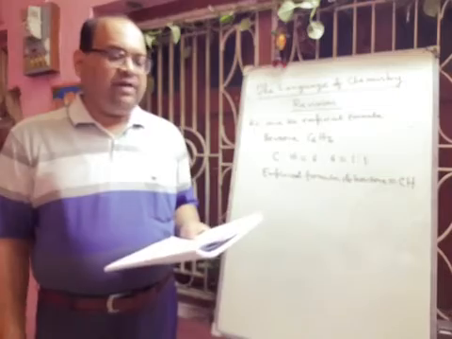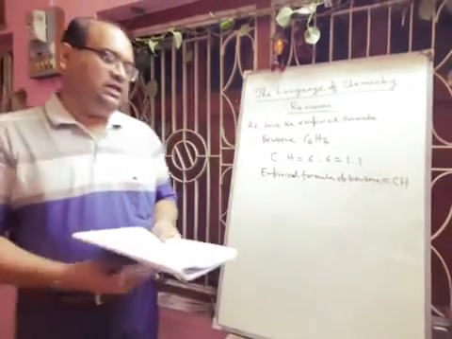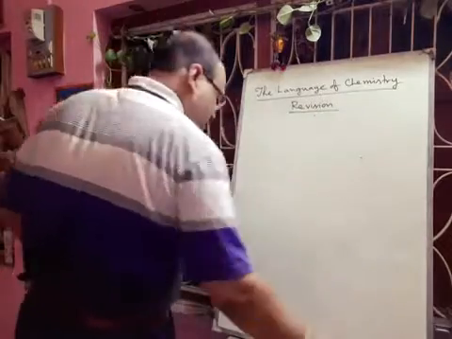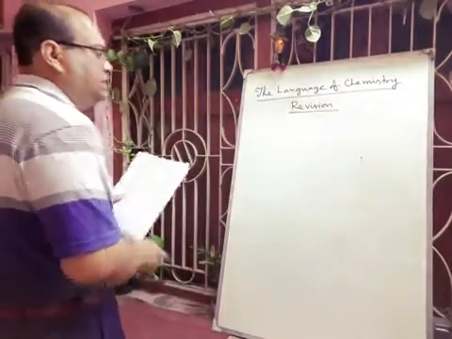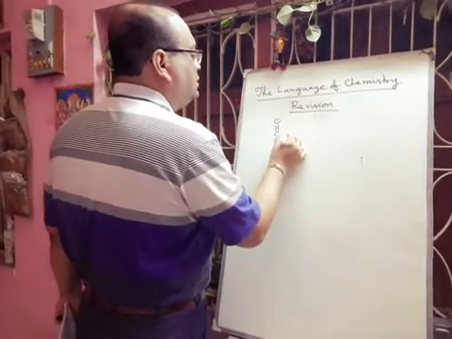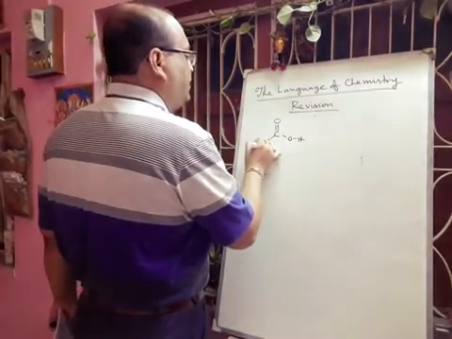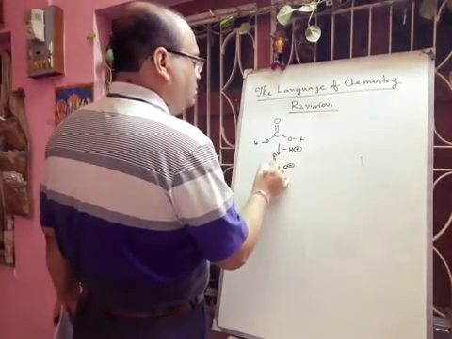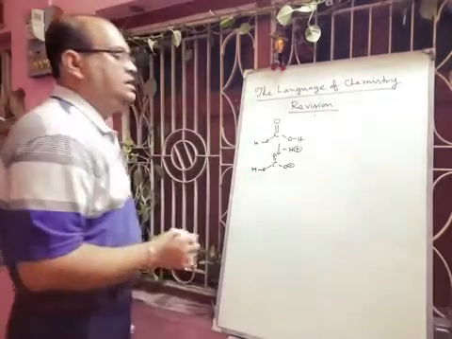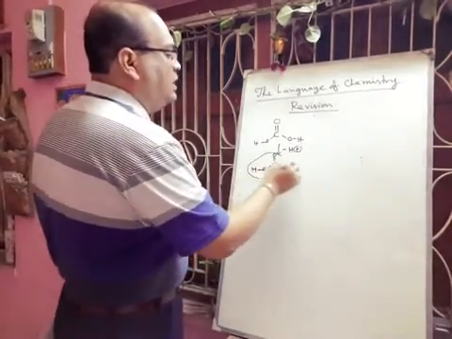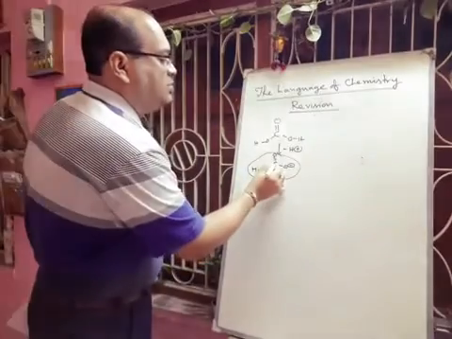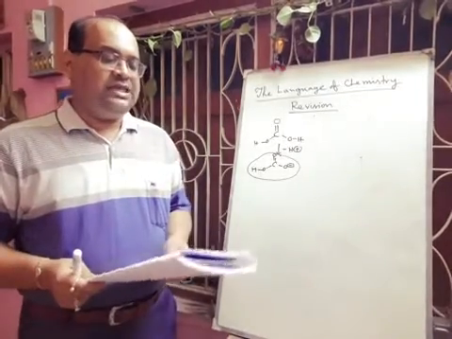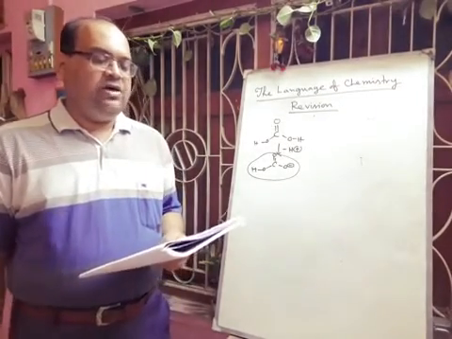Next one is: the number of carbon atoms in a hydrogen carbonate radical. First you have to write the hydrogen carbonate radical. It is coming from carbonic acid. So this is carbonic acid, H2CO3, and when it releases one proton, that will form the hydrogen carbonate radical. So in this radical only one carbon atom is present. Only one carbon atom we are observing over here, so definitely your answer will be 1. The question was: the number of carbon atoms in a hydrogen carbonate radical is 1, 2, 3, 4.